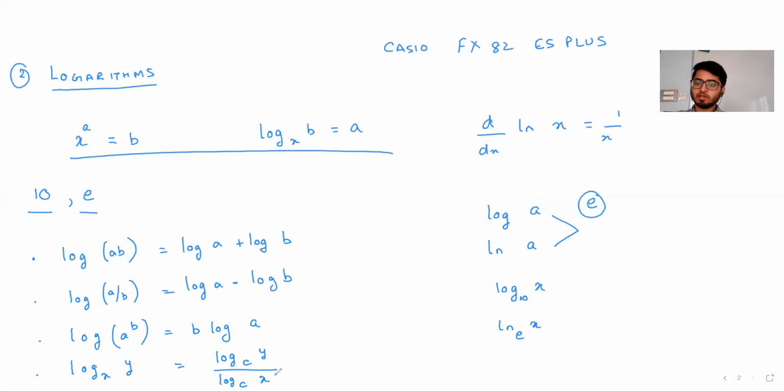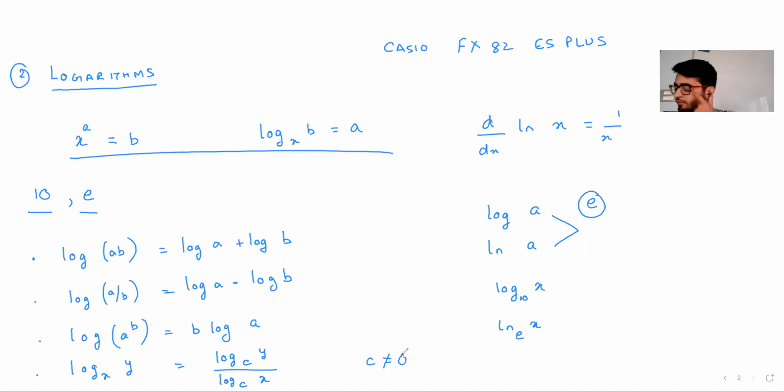The most commonly used results will be the first three ones. The fourth one is again a sort of manipulation which might help in case it's not a straightforward question, and a few more steps are required or it's a more complicated derivation. Then this result might also be used. You can take any base C over here, obviously assuming that C is not equal to 0.